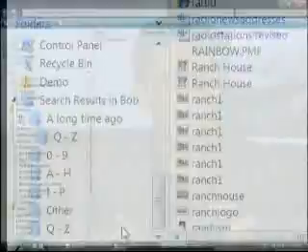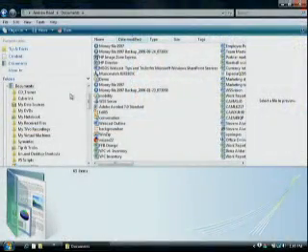So this might be interesting for you if you're searching for documents, for example, by certain customers, by certain partners, by certain maybe colleagues, or maybe by a type of document. Maybe it's an RFP, maybe it's a contract. So it allows you to virtualize your file system and customize it based on how you're actually interacting with Windows Vista. With some of our visualization enhancements, we try to make it a lot easier for you to quickly locate